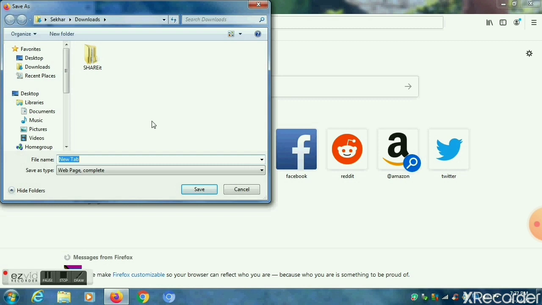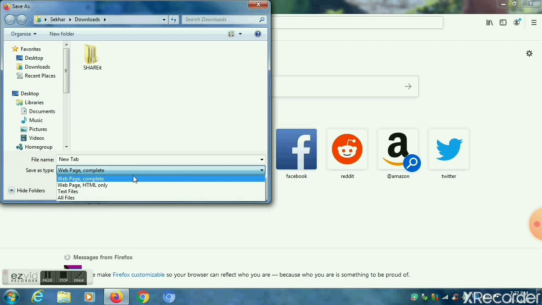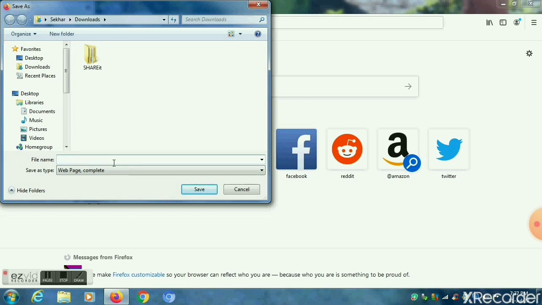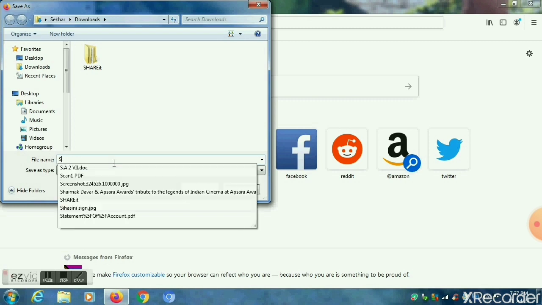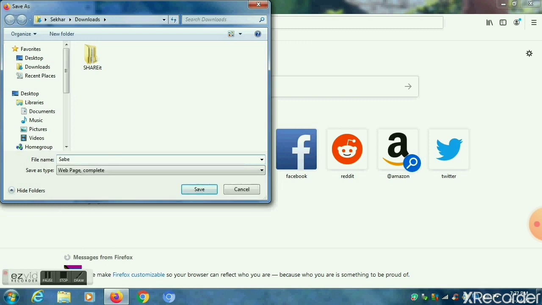Once you select it, you will get a dialog box on the screen showing the file name and, below it, Save as type. You have to select the Save as type as Web Page, complete, the first option. This saves the whole web page along with the pictures. If you choose this option, it will save the whole web page along with the pictures, and this choice may not keep the HTML link structure of the original page.